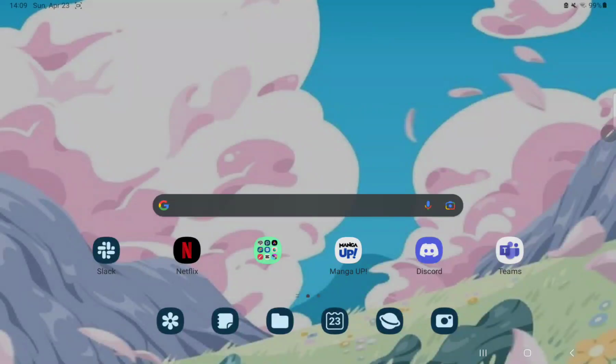Hello guys, in this video I'm going to show you how to set the video settings on the Manga app